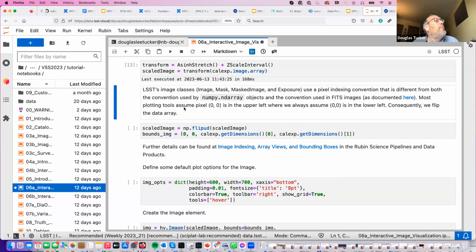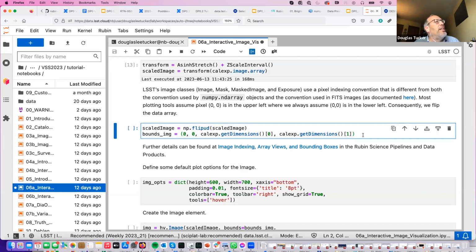Right now, most tools assume that pixel 0,0 is in the upper left, where we always assume that it's in the lower left. So we're just going to flip the data array, and we'll use this NumPy function called flipud, and we'll just change the bounds of things using this